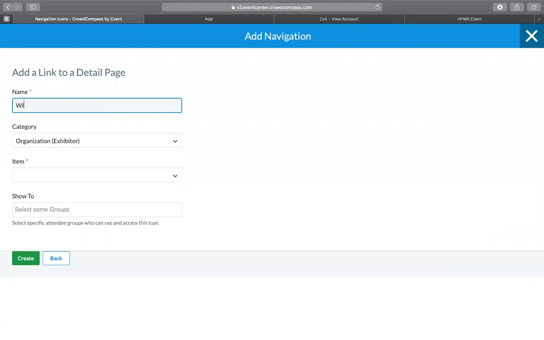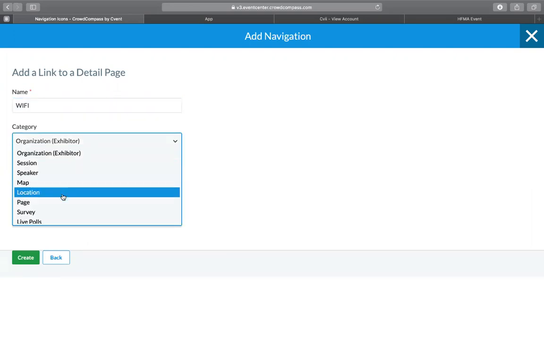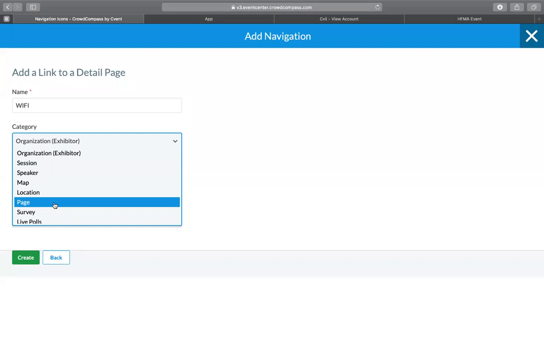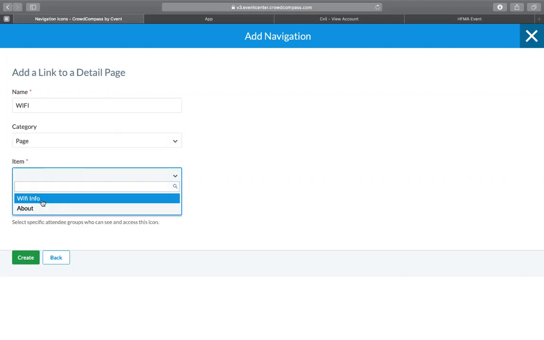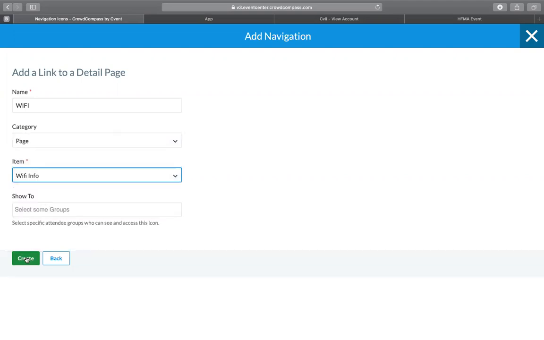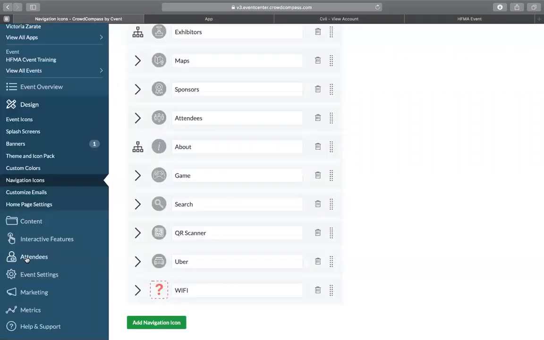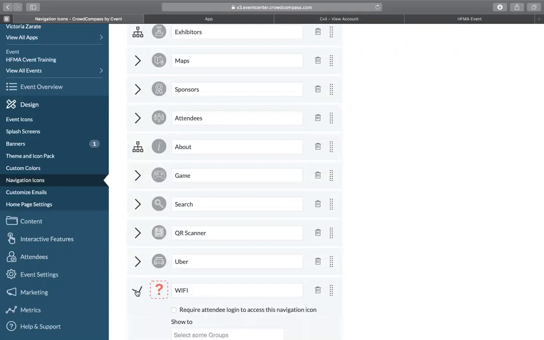We're going to call this navigation icon Wi-Fi. And then the category that we want to choose is the page category. But notice I can link to org, I can link to sessions, speakers, maps, or specific locations. I'll go ahead and select page. Then we're going to select the Wi-Fi info page. And then we're going to click on create. Notice here, once I created, there is still a question mark behind this icon. Remember that you need to make sure to assign an image to this icon in order for it to show in the app. So to assign an image,